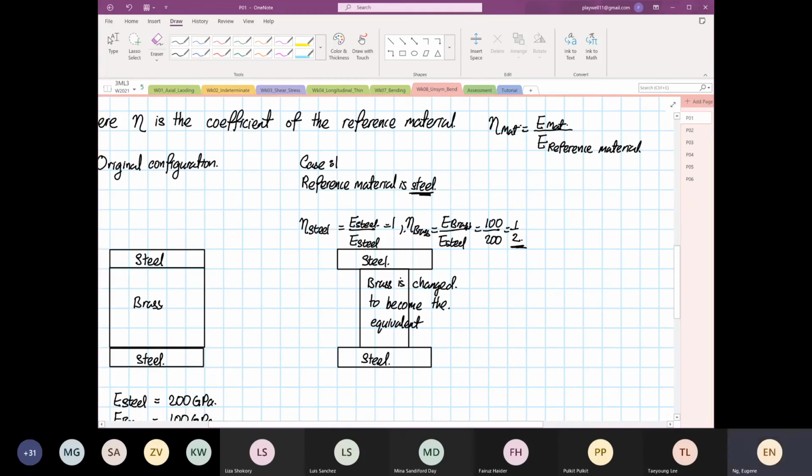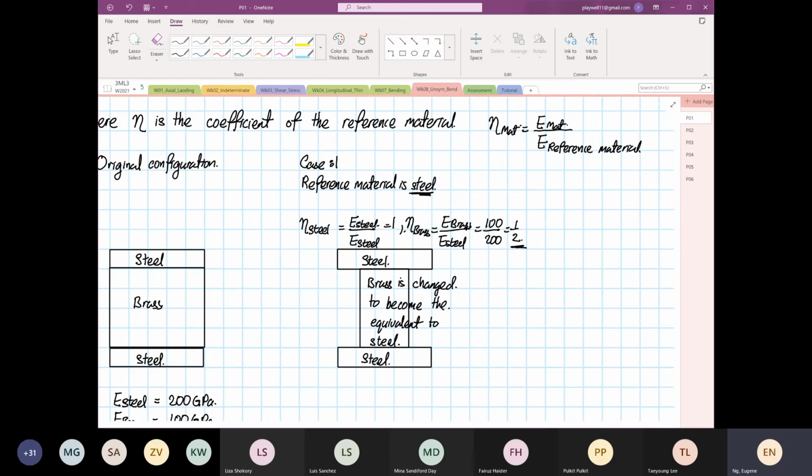To steel. Okay. How did we choose? You can choose brass. Later on, we will choose brass. Okay. Equivalent to steel. Okay. So does that make sense? Now this is